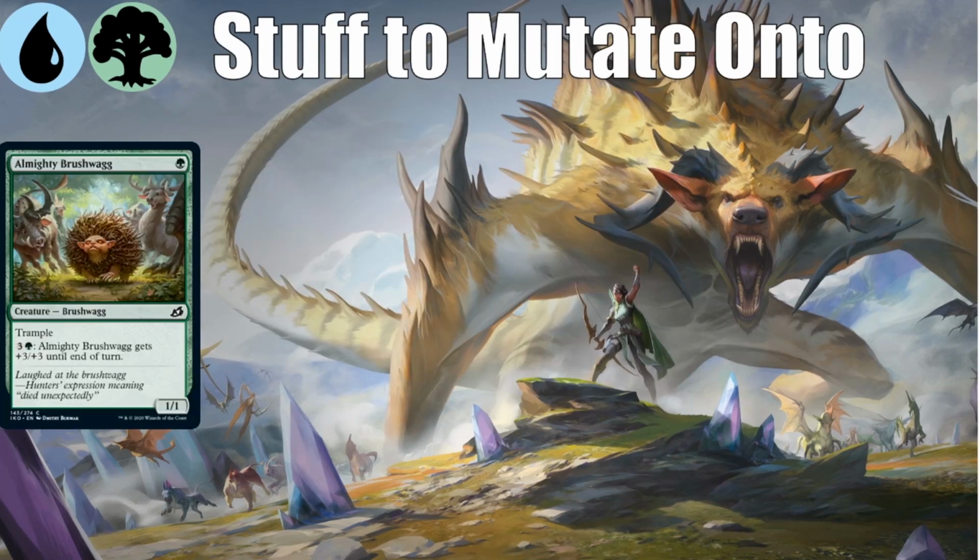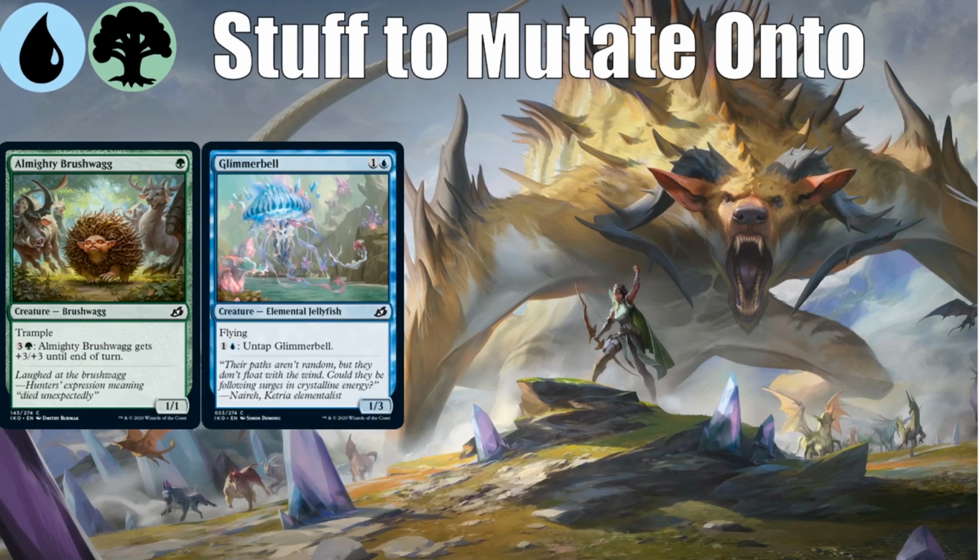Things like Almighty Brushwag, who on his own is not very impressive, but if you mutate onto him, and he's usually going to be on the bottom because you don't want a 1/1, he gives you trample and his pump ability, and gaining those on a much larger creature is pretty nice. There's also Glimmerbell, which you can mutate things onto to give them flying, and also use it to untap the